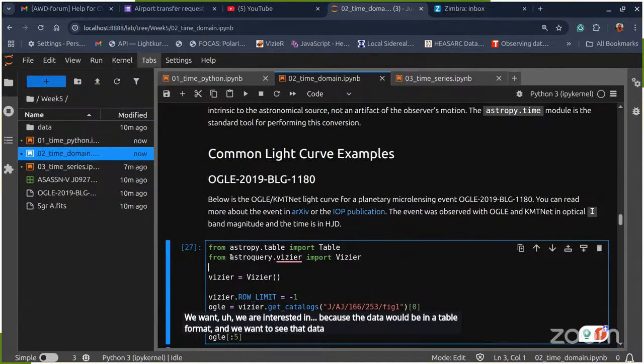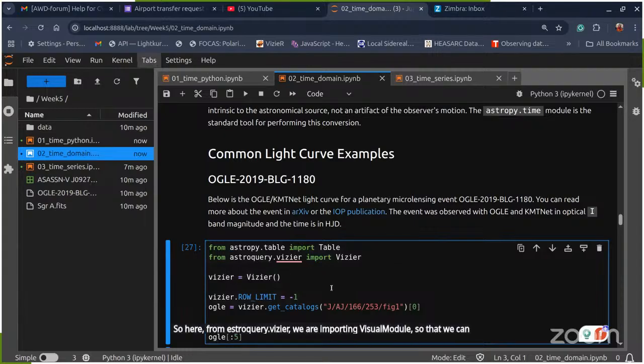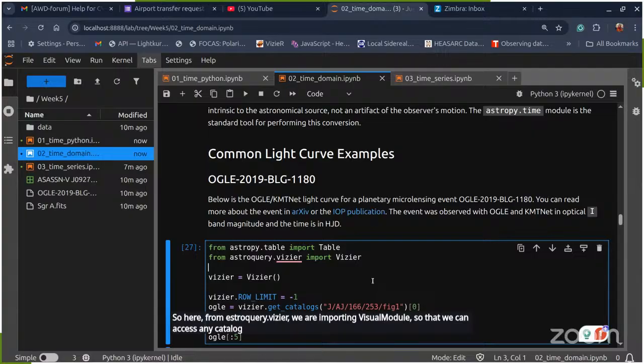And astroquery is a tool which is used to query astronomical databases online. We have different kinds of databases like Vizier, Simbad, and NASA Exoplanet Archive. So here from astroquery.vizier, we are importing the Vizier module so that we can access any catalog which is hosted on this